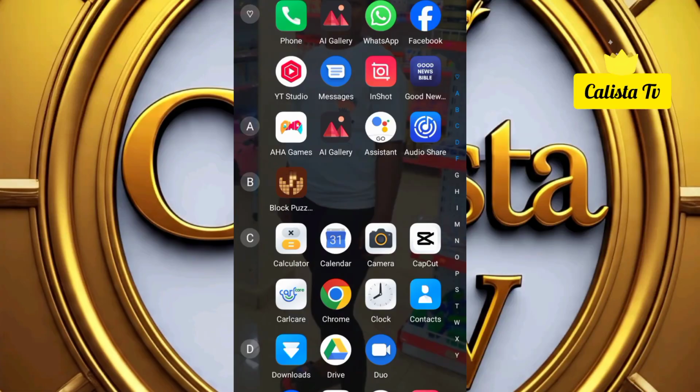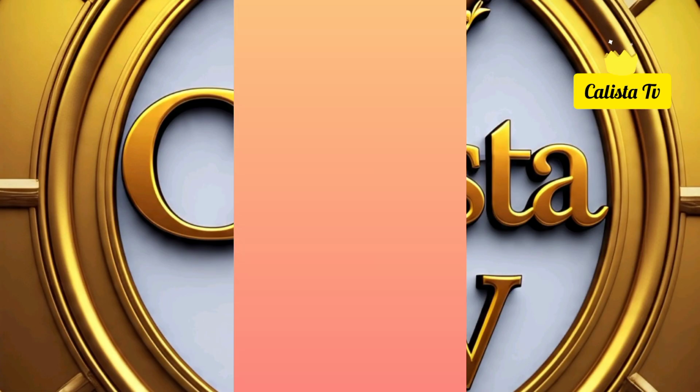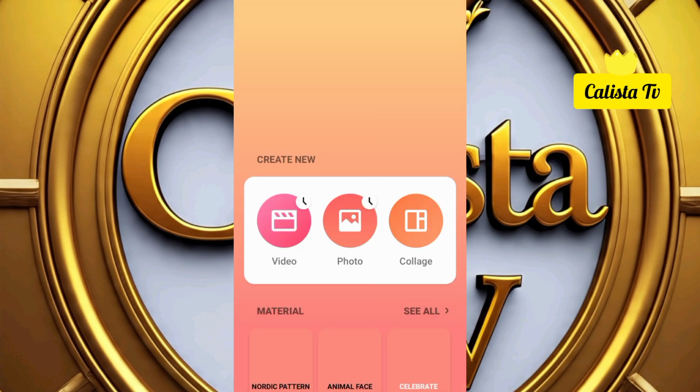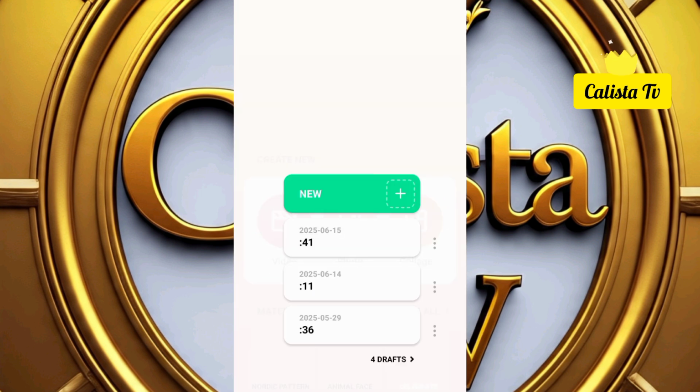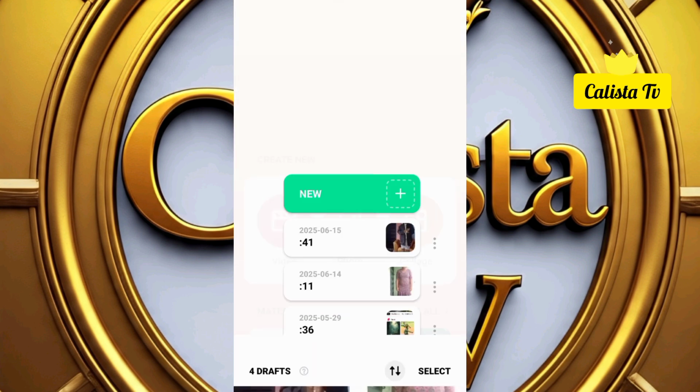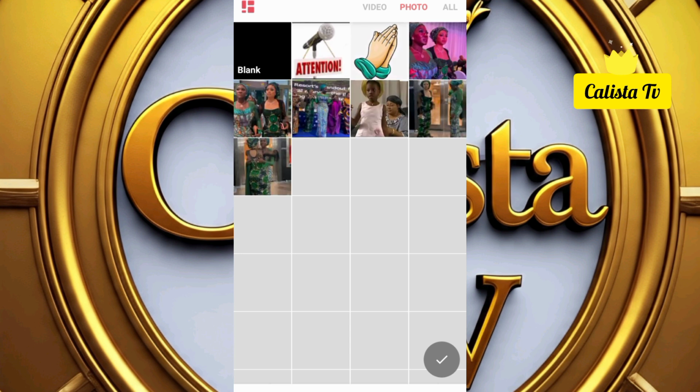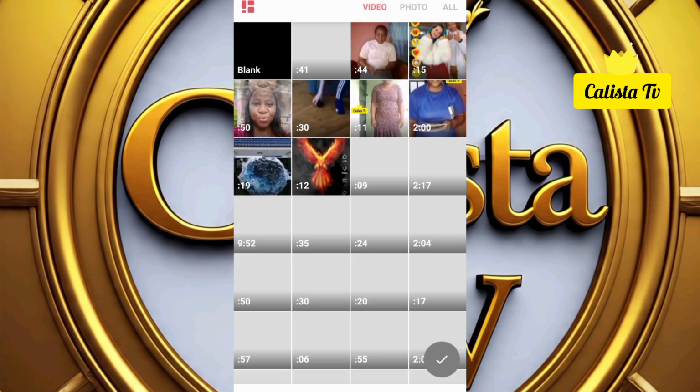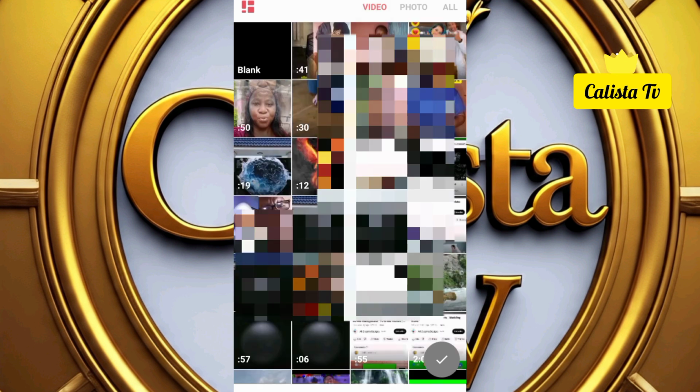Follow me. Let's go. First of all, you go to your InShot. If you don't have InShot, you go to your Play Store or Apple Store and download it. You click on video. When you click on video, you click plus. It's going to lead you to where you choose the video that you want to use. When you choose the video,